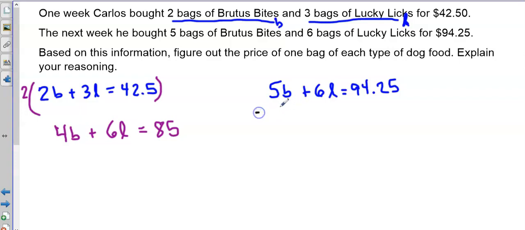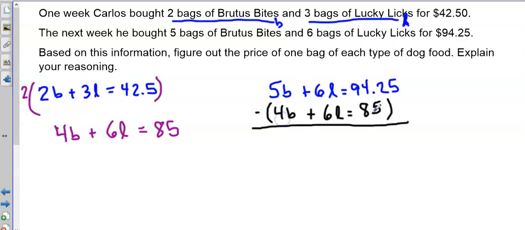So let me just subtract the two equations. So we can subtract because the difference in the total cost is because of the difference of the amount of Brutus Bites. So when we subtract 5B minus 4B, we have 1B. 6L minus 6L is 0L, so I don't need to write anything down there. And 94.25 minus 85 is 9.25. Since B represents the cost of a bag of Brutus Bites, we know that one bag of Brutus Bites costs